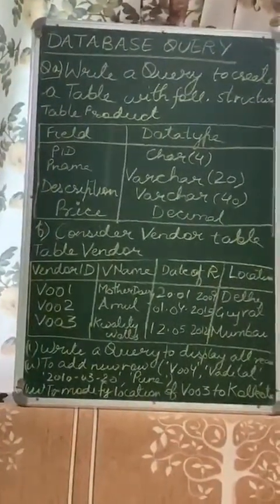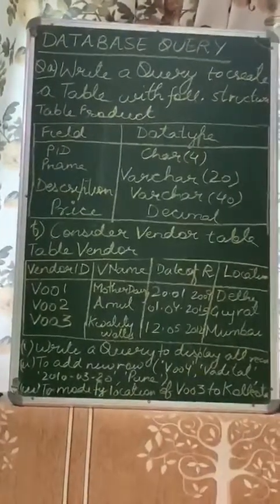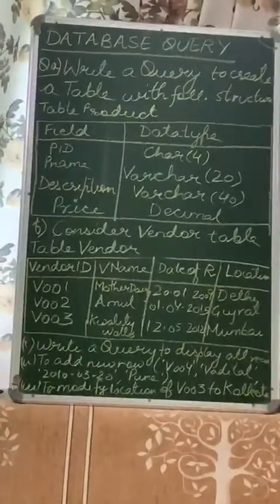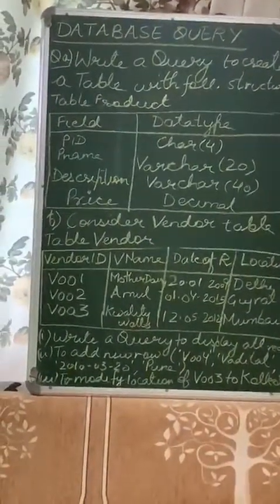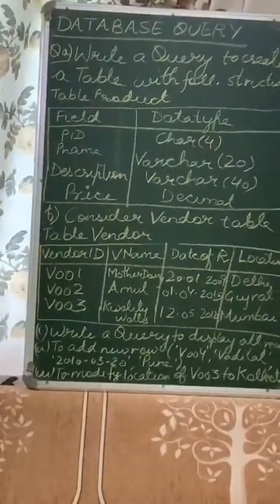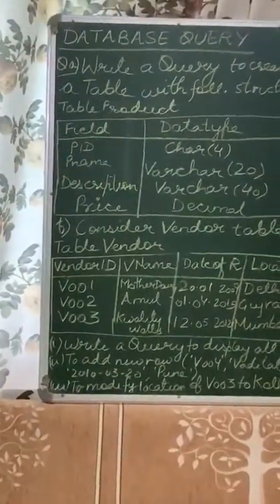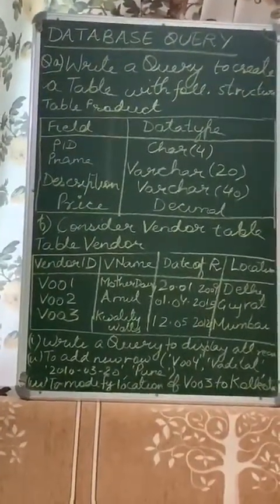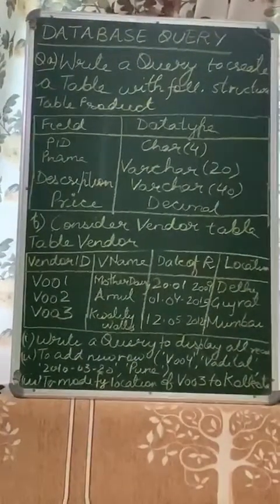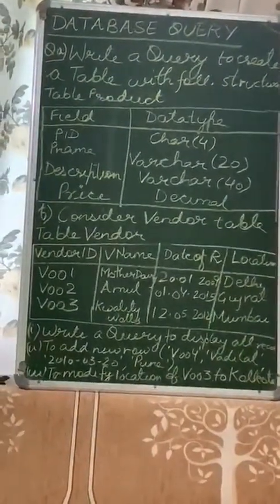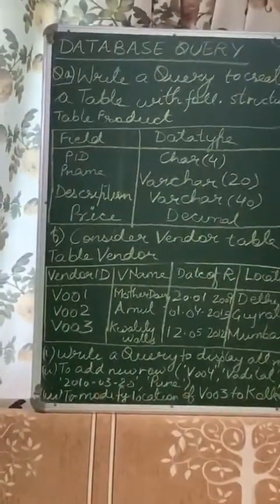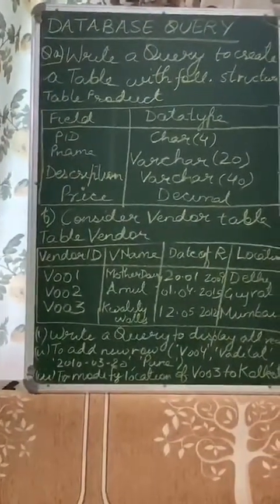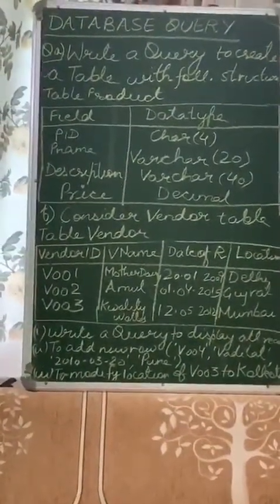Now next field is P name. That means the product name. It is given the data type varchar. That means it is a combination of characters as well as numbers. So it can be like shampoo 1, shampoo 2. Similarly, description of the product is given. That is also given varchar, but the storage is more because it will tell you the details of the product, and that is in varchar only. Shampoo 1 has the following ingredients or the following contents.